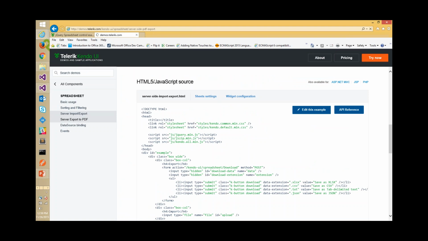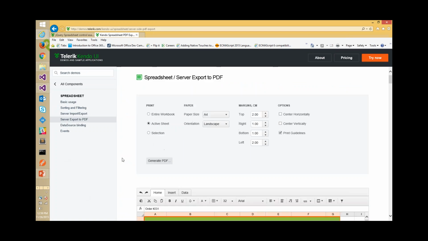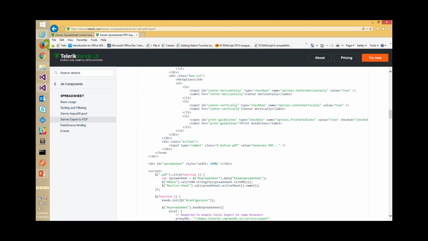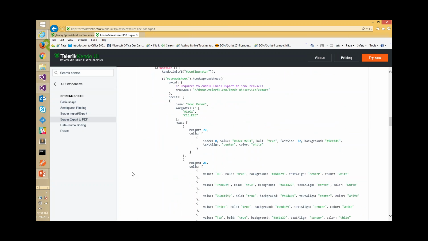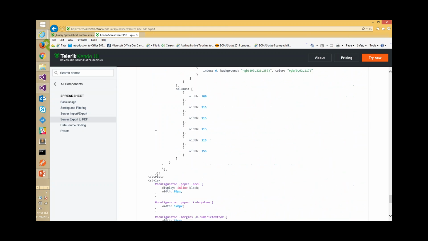And then, of course, we have the concept of server export to PDF, meaning we have a PDF processing library available, which you can use on your servers. Of course, it's .NET based, and then you can pretty much do all this stuff. Now you can say, hey, I want to export this particular sheet. Well, all you need to do is use the DPL library that we have, push your data to the server. So while pushing the data to the server, all you need to do is